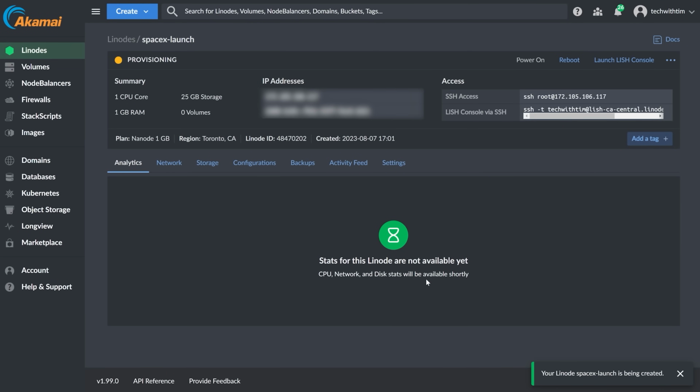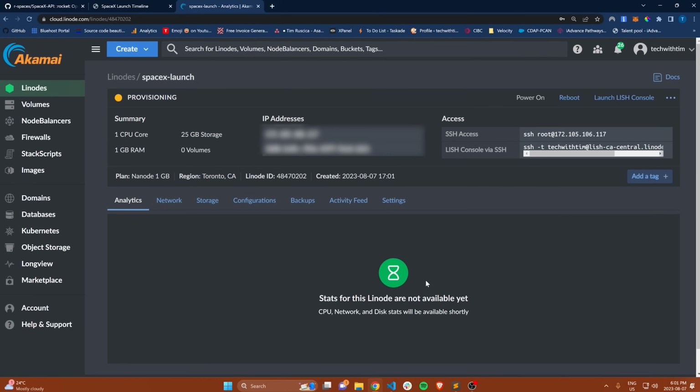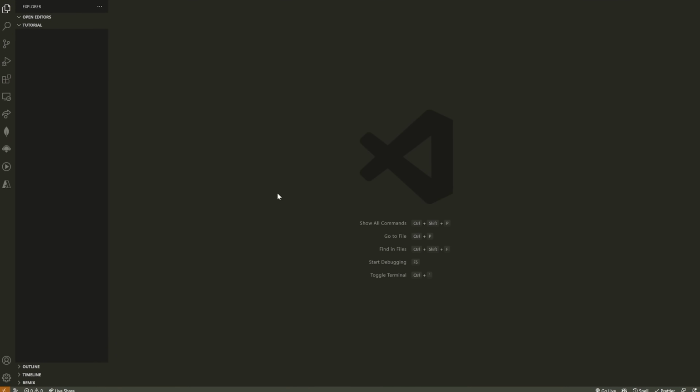All right, so my Linode is now spinning up. We don't actually need to use it this second, but it does take a minute or two to spin up, so I just figured we'd do that first, so that we already have the server running when we actually need to use it, which will be near the end of the video. So now let's go back to VS Code, and let's start setting up our application by installing the different dependencies we need for Python and Flask.